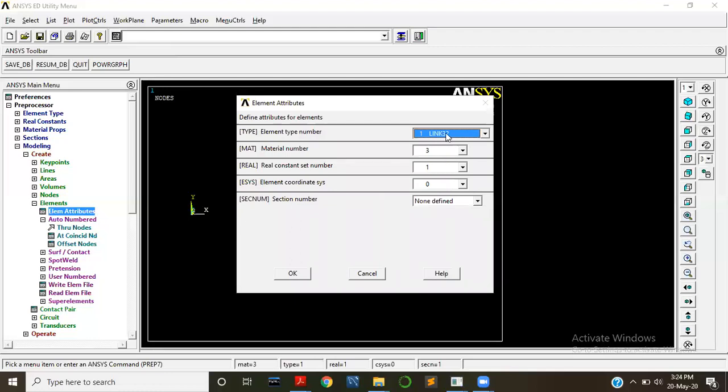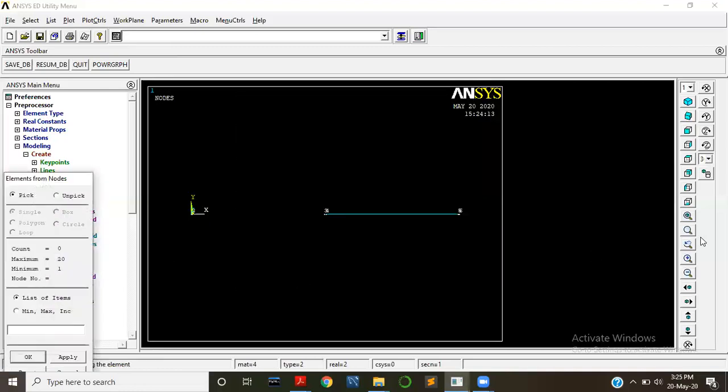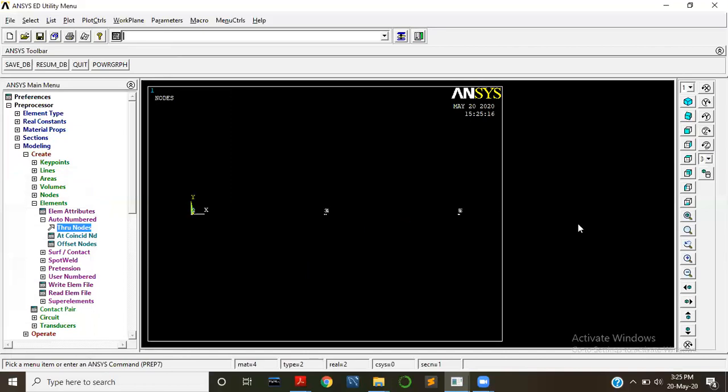And here link 34 for convection and material number 4 convection, real constant set number 2 for convection. Press on OK. Through nodes, zoom in. We have to join 5 and 6, select 5 and 6. Press on OK. Fit again. Now we have joined all the elements.